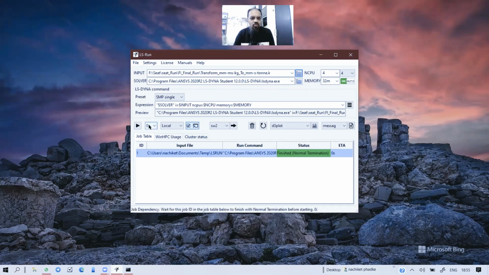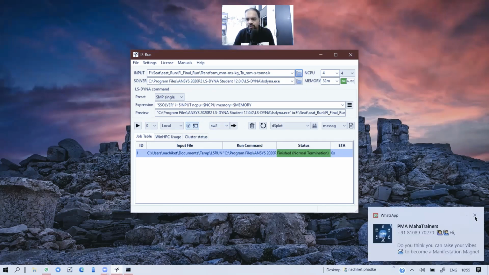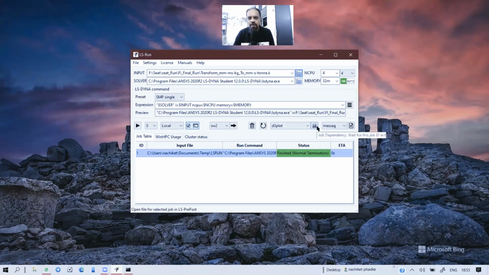And now what you can do, you can have this particular D3 plot opened directly in LS Prepost using this particular button. Now you can change number of things what can get opened in LS Prepost. So if I want only the input file to open in LS Prepost, I don't have to open LS Prepost individually. I can simply click on this button and it will open. I can go open D3 plot individually. I can open keyword file and D3 plot in a combined way. That is also possible. So this is neat feature when you want deformed state to be saved.